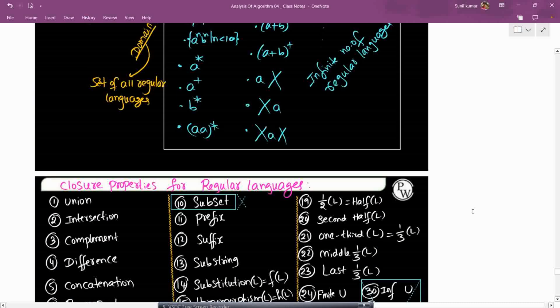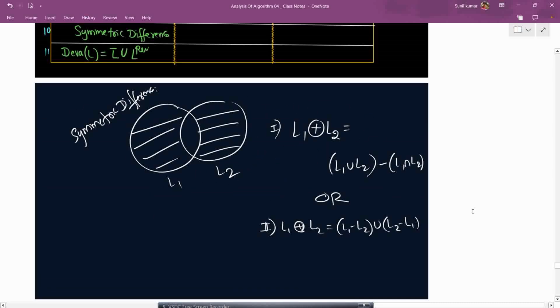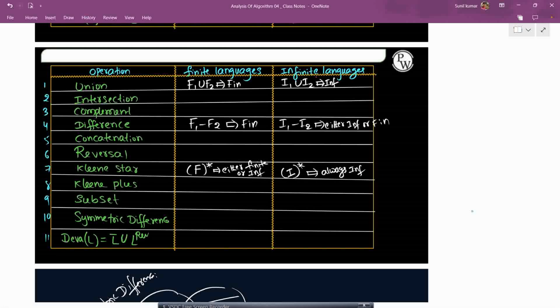So we will discuss the things we are here to discuss. Let's say union is here. So F1 union F2 belongs to finite. Finite union finite is finite, closed. Right, intersection not closed. Is it? No, this is closed, but this is not closed. Right, and complement both are not closed. Either finite or finite. Alright, reversal, concatenation finite,